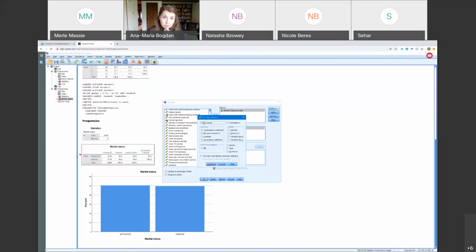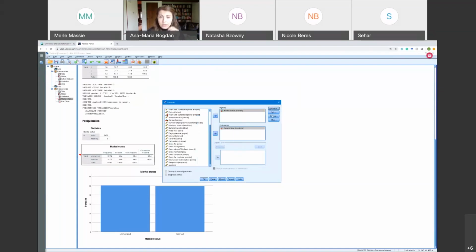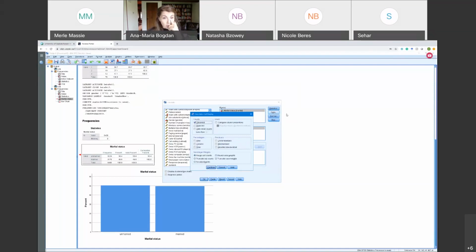But if I was interested in that, I could select this chi-square test and then click continue. So for now, I won't do that. However, I will go under cells because under cells, I can also ask for additional information to be